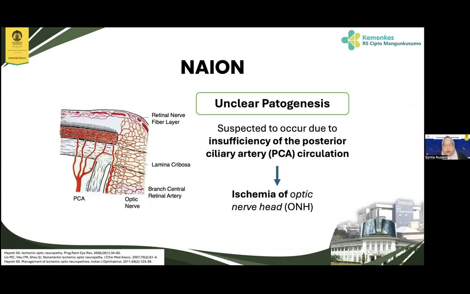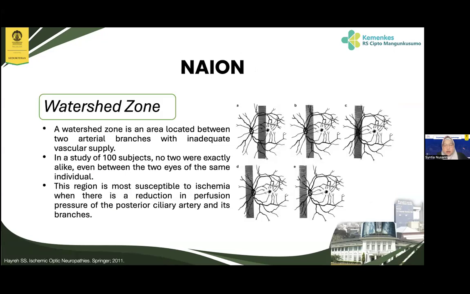Although the exact mechanism is still unclear, like James said, it is suspected that NAION occurs due to insufficiency of the posterior ciliary artery circulation that can cause ischemia of the optic nerve head. If you remember, the optic nerve head contains a watershed zone, an area between two arterial supplies that is particularly vulnerable to ischemia when perfusion drops. In a study of 100 subjects, no two were exactly alike, even between the two eyes of the same individual. So this region is most susceptible to ischemia when there is a reduction in perfusion pressure of the posterior ciliary